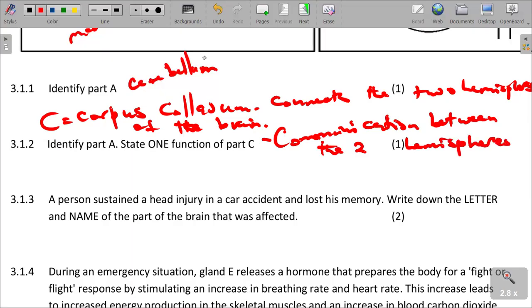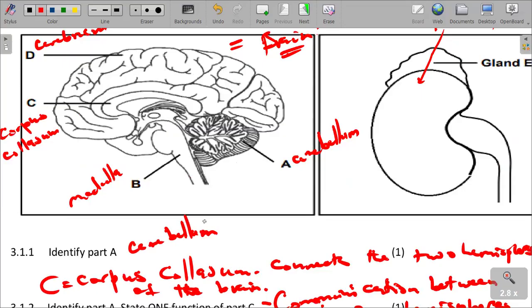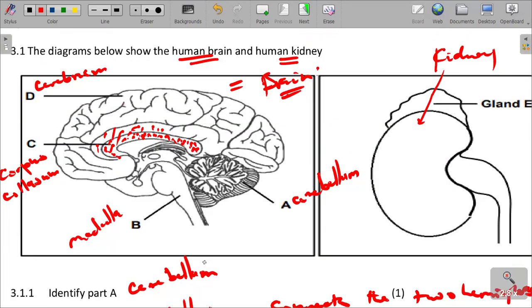So the corpus callosum, how do we see it? If you look at the human brain, it is always given that we have this part of the brain which is there to separate the northern and the southern hemisphere of the brain. So it facilitates communication between the two hemispheres of the brain. So it is the corpus callosum. Sometimes it is shaded, sometimes it's just left like that. So you need to know very well that the corpus callosum supports communication between the two